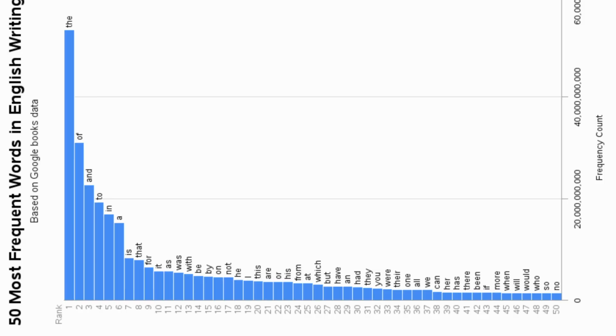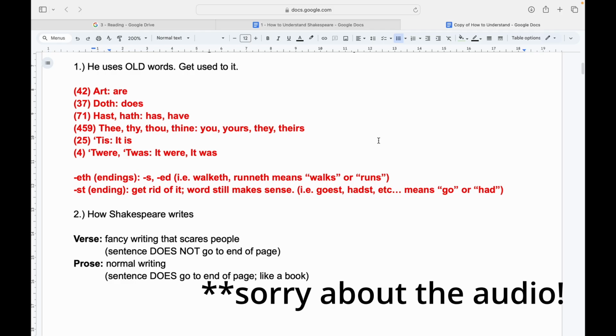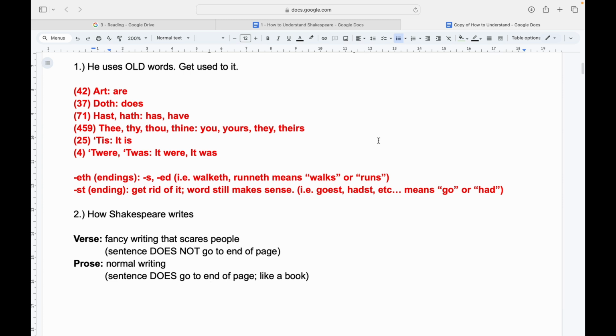Now, this first method is the easiest and actually the most helpful. What is it? It's really just understanding the most common words. Just like if you were learning the English language, just looking at this graph, you can see what the most common words in the English language are. If you know these words, you're going to be able to speak English. Now look at this graph, you can see here that Shakespeare's word usage is also really skewed to a few simple words. If you get the words that appear 30, 40, 50, hundreds of times and you understand those,